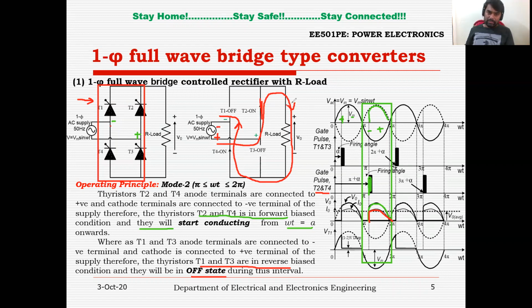Now again, if you see the current entering the load is at this particular point, which I have considered as positive. So even though the input terminals are reversed, we can see positive voltage across the load. That is what we can see in the waveform, right? And since T1 is in reverse bias condition, and still connected to the source, anode is connected to negative and cathode is connected to positive. So the thyristor T1 is having reverse voltage across it, which is minus Vm sine omega t.